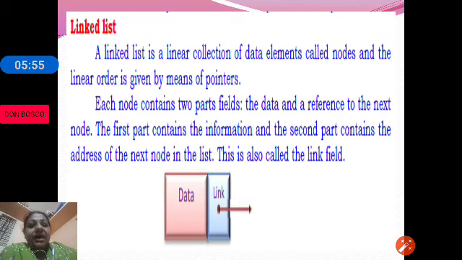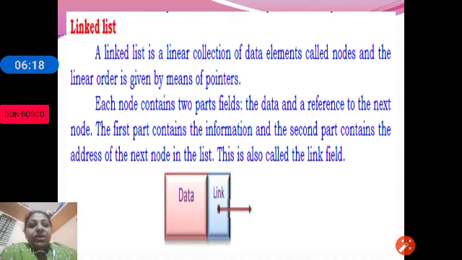Node. As I told you, a linked list is a collection of nodes. A node contains two parts. One is the data part and the other is the link part. What is link? Link is nothing but a reference to the next node. It tells us where the next node is stored in the memory.